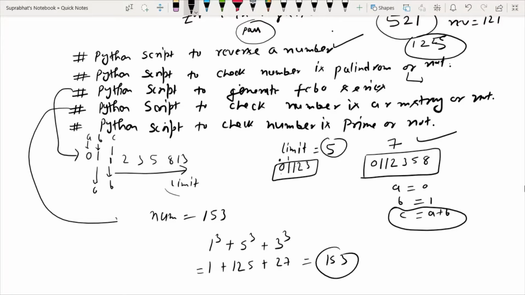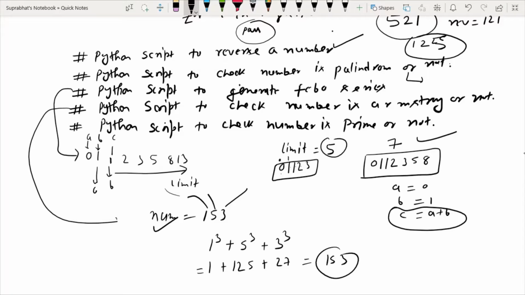You have to first of all take the individual digits from this number, take the cube of each individual digit, and then sum all the cubes, and then check the total sum. If the total sum and the original number are equal, then you will say that this is an Armstrong number, only if that condition is satisfied. So you have to check this logic also. Does everyone understand what an Armstrong number means now?